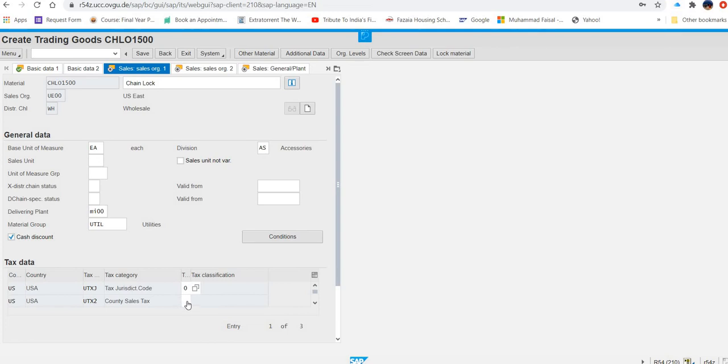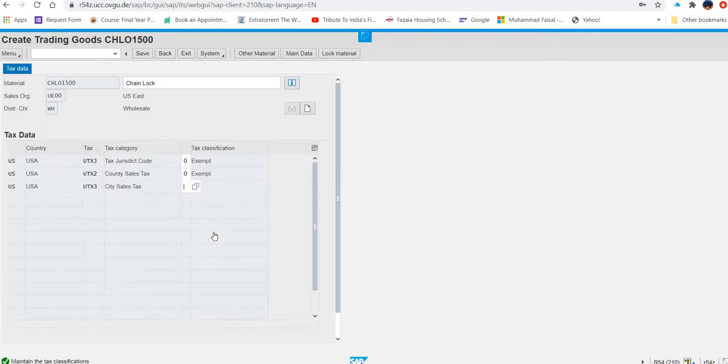And in both the fields, you will put 0. Then what next? Click on conditions. Where is the condition? Here. So under the condition, what you have to do? You have to enter scale quantity 1 and amount 69.